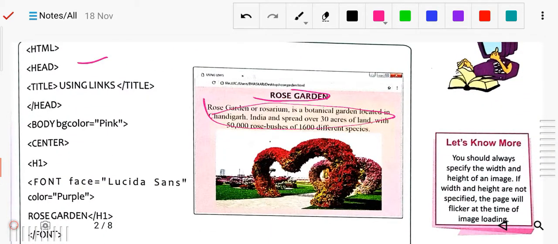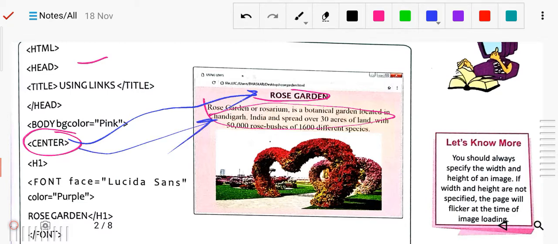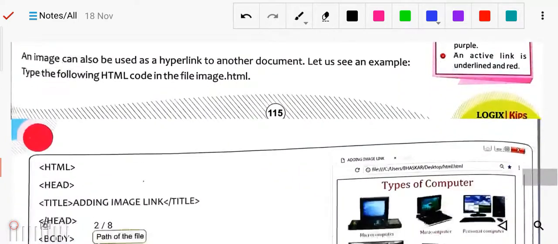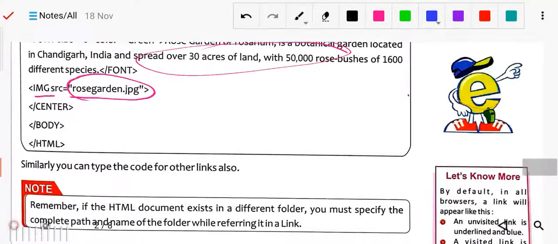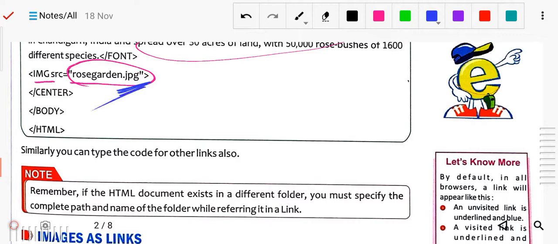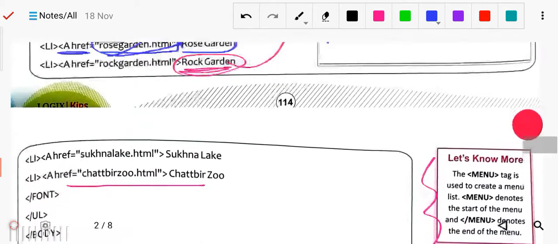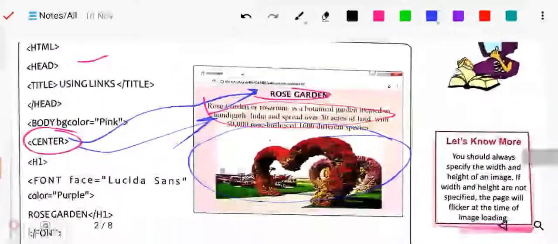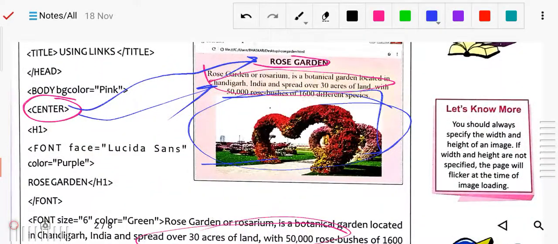These tags are there because the center tag is used. It means it will be in the center. See here, this is in the center, and this is also in the center. Now this image is used, and for these images, you can see the height and width are not given. Simply the image is there, so it will take the large one. Whatever the size is, it is taken by default.